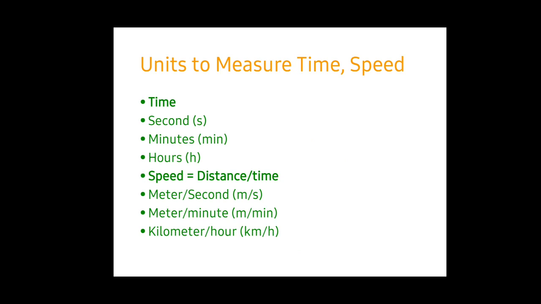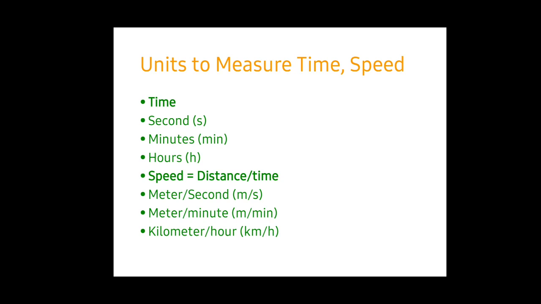So what kind of units do we have to use? The basic units are seconds, minutes, hours. The basic unit is the second. Then it extends further. We mention it in minutes, and when it extends for a long period, we can say it as hours. And we can extend it like days, week, month, year, millennium. So we can keep on extending. But the basic unit of time is the second.